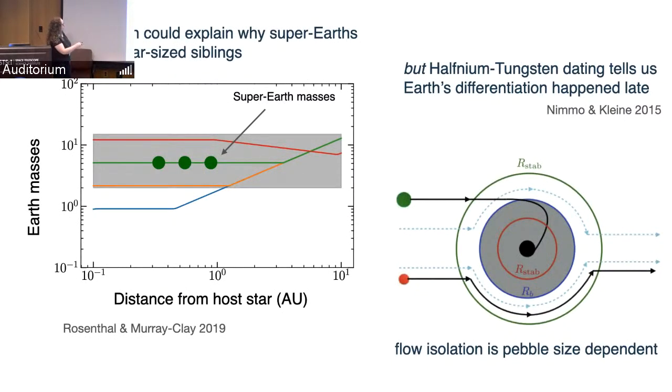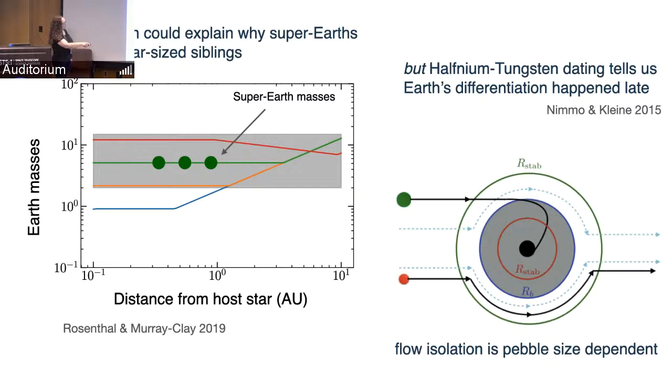This is just one example, but a number of groups have looked at this, and you can actually, for reasonable properties of disks, end up with similar sized siblings of super Earth planets that have sizes set by the process of pebble accretion, which stops once your mass is big enough that all of the available pebbles are pulled around your planet and no longer accreted. You can actually make a huge range of sizes with this sort of process.